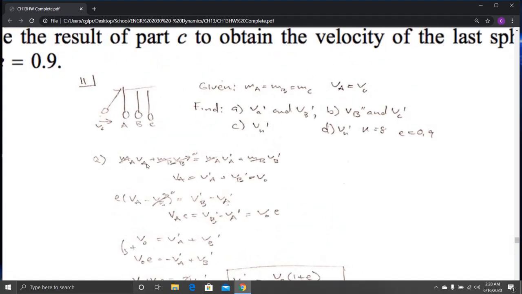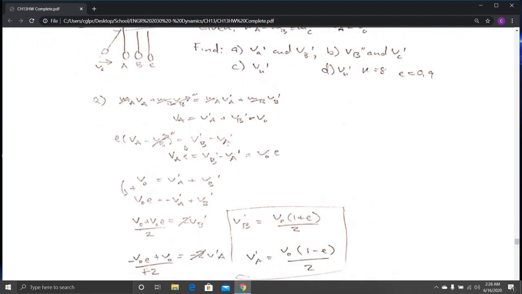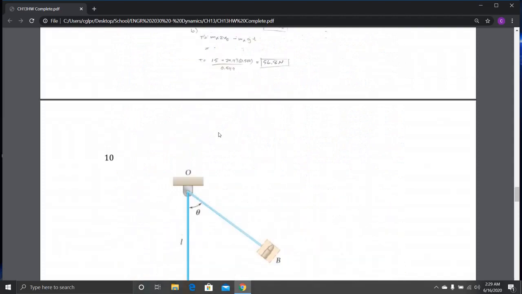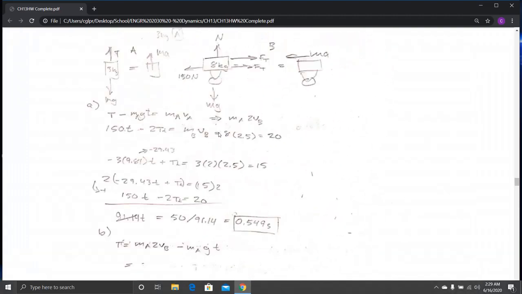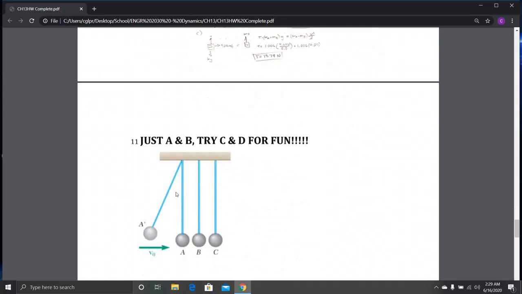Looking at conservation of momentum, I'm able to solve for the velocity of A. Looking at the differences in velocity, again I'm able to solve for the velocity of A. And then I do something similar as I did in a previous problem, which was this one. I kind of solve for both simultaneously. I do the same thing right here